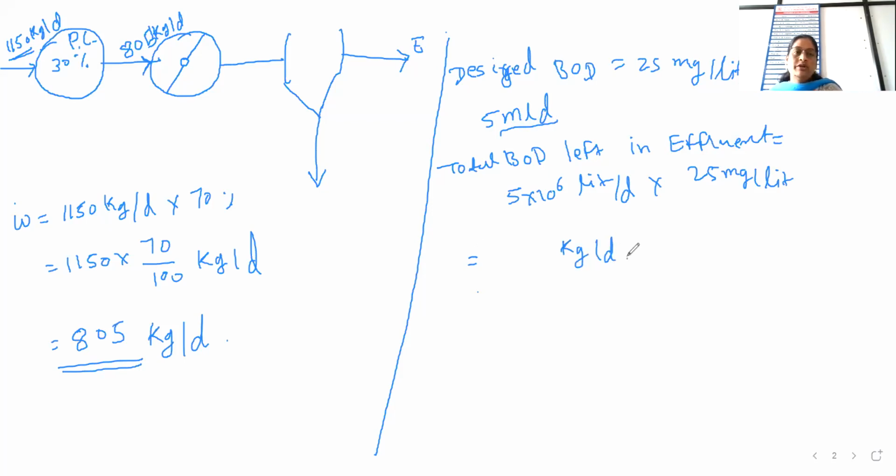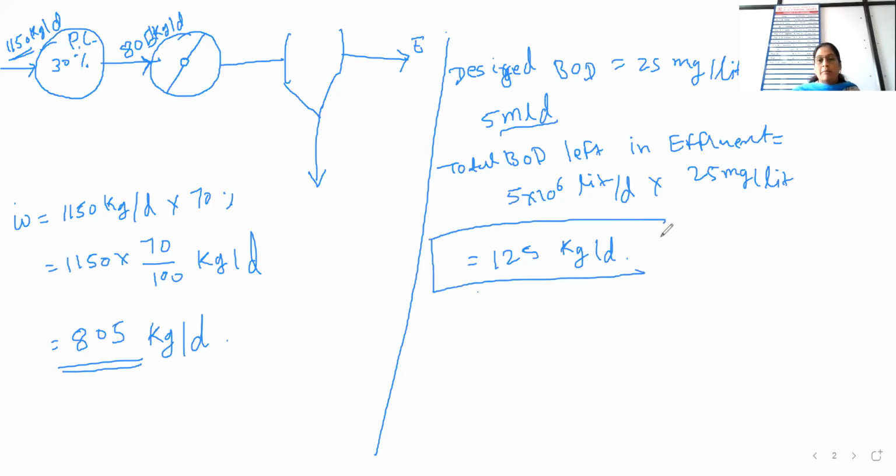the way we calculated for the first attempt, that is the total BOD applied to this particular system. Okay, 5 into 10 raised to 6 liter per day. Liter gets cancelled from milligram per liter. So it becomes 5 into 10 raised to 6 into 25. But 25 is in milligram, so that can be converted into kg by dividing by 10 raised to 6. So 10 raised to 6, 10 raised to 6 gets cancelled. And 5 into 25 becomes, yes, an answer is received. Yeah, Rutuja, 125 kg per day. You are correct, Rutuja. So the answer is 125 kg per day.